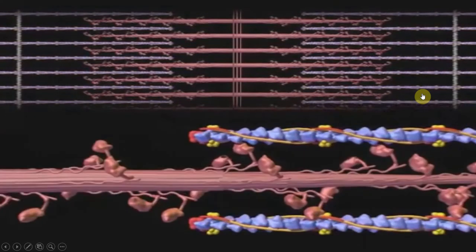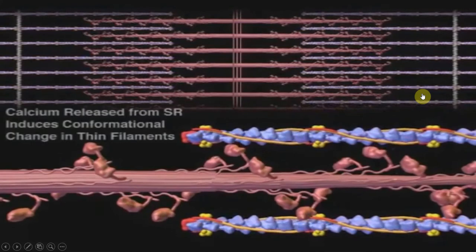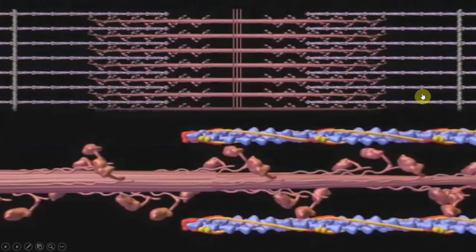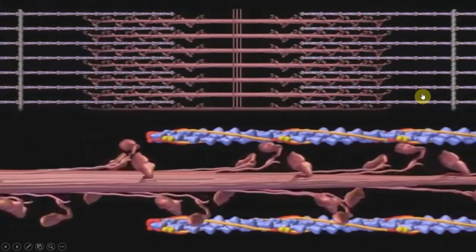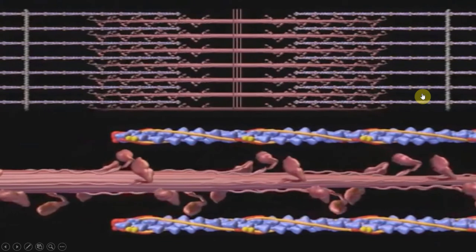We will see a short snapshot of how the movement actually takes place between actin and myosin. The calcium is released, then the myosin pulls the actin, due to conformational changes.